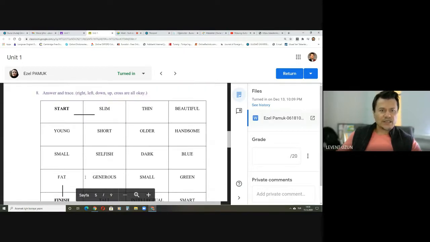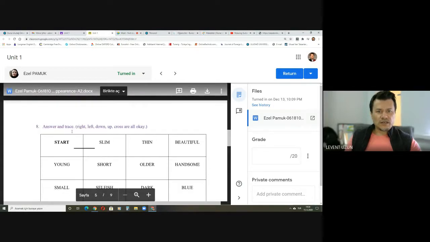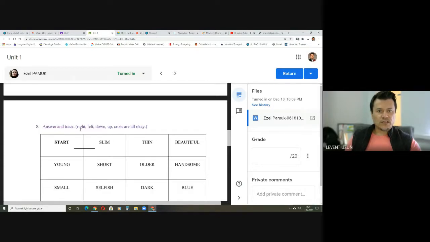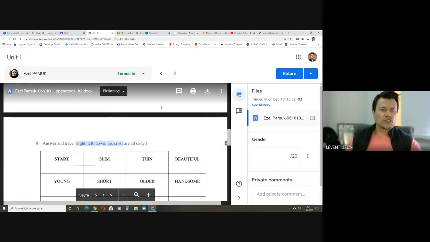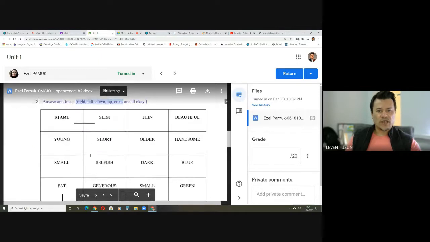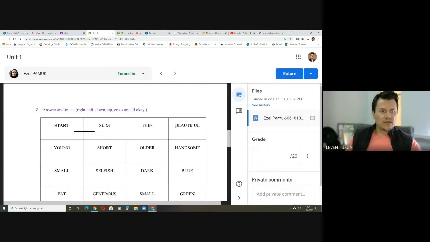Otherwise, I see the diligence, I see the time, the effort that you have put in this unit. Answer and trace, right, left, down, up, cross, equate. So these are new things that you teach. But there is no teaching. If you want to use this one, you can teach right, left, down, up first, and then go here. Start, slim, thin, beautiful. So